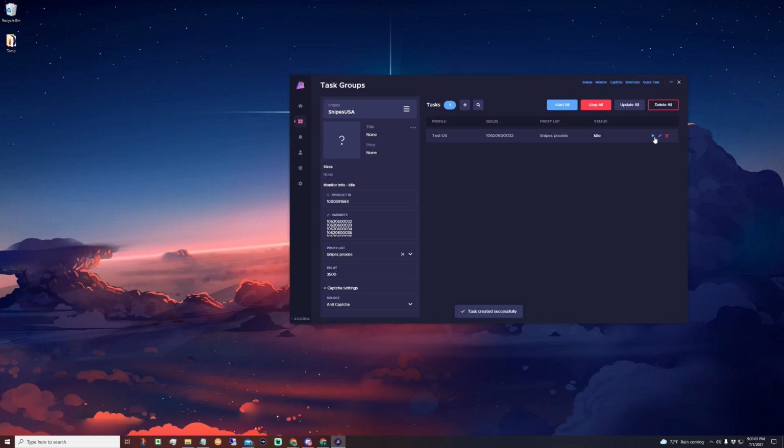All right. So if I run this right now, it's going to obviously pick up and solve. But when it goes to submitting customer information, it's probably going to say there's an issue. You see it says invalid address, retrying. If you see that and it continues to loop on this status, that means something in your profile is not accepted by